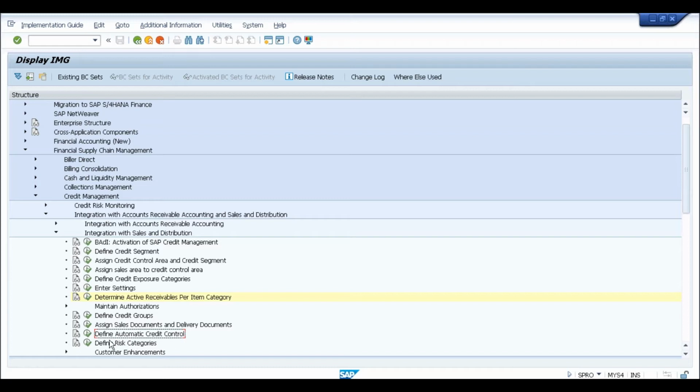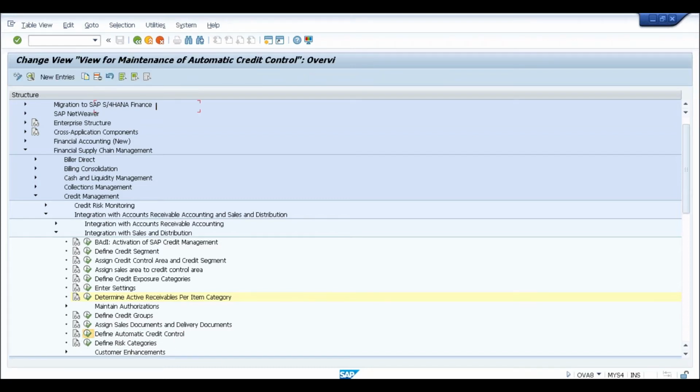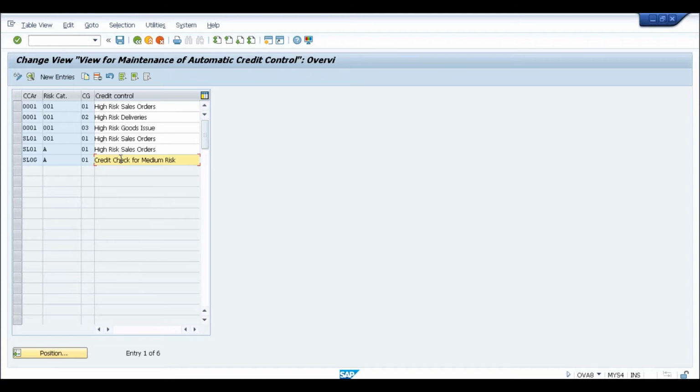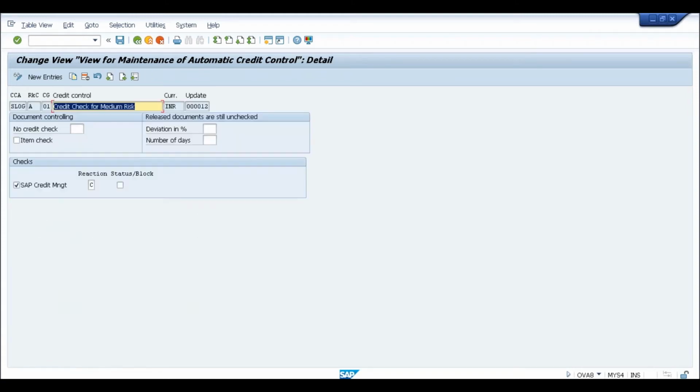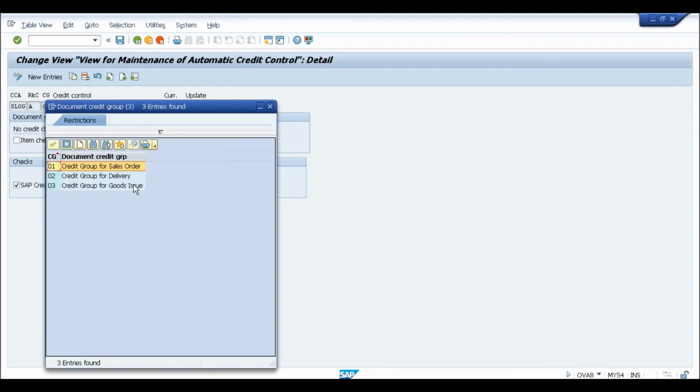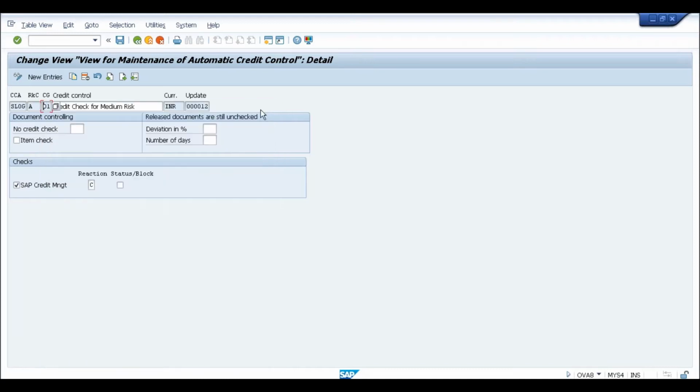Now, if you remember, last time I showed you the screen, define credit control area, define automatic credit control. Here, we have a credit control area and a risk category or risk class, whatever you call it. You have a credit group, which means whether it is relevant for delivery, or it is relevant for order, or it is relevant for the goods issue.